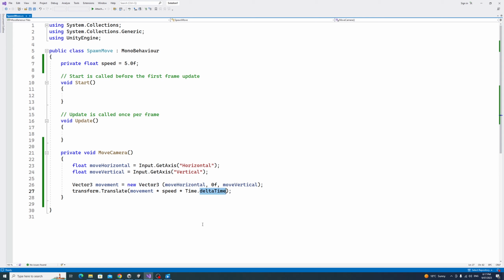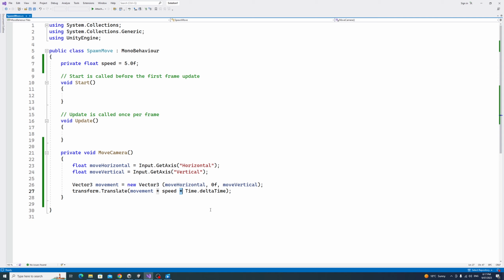We use it to get smooth movement. If the game is slow, then the delta time is high. If the game is fast, then the delta time, or the time between the frames, is short. Multiplying our movement by the delta time will ensure the same pace or speed no matter the variation in the